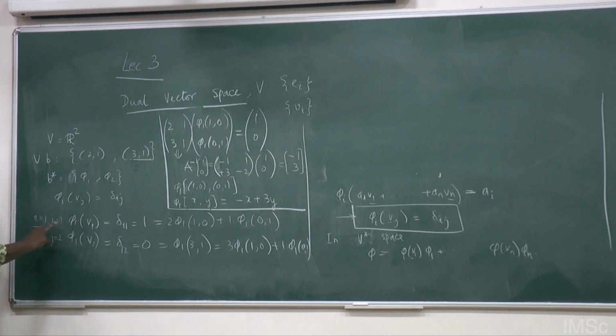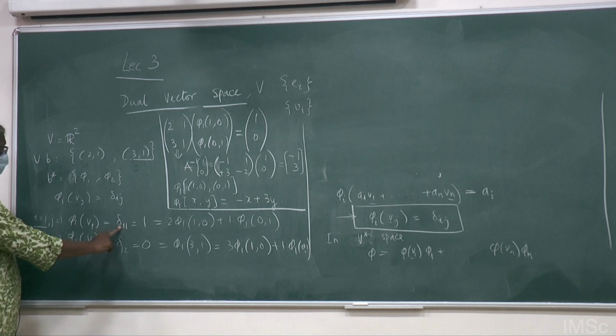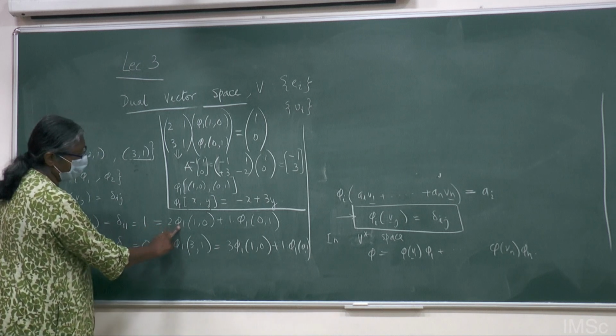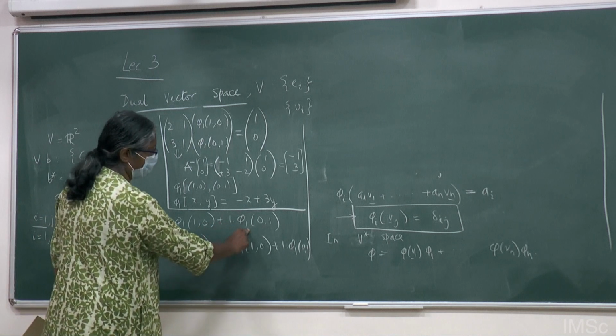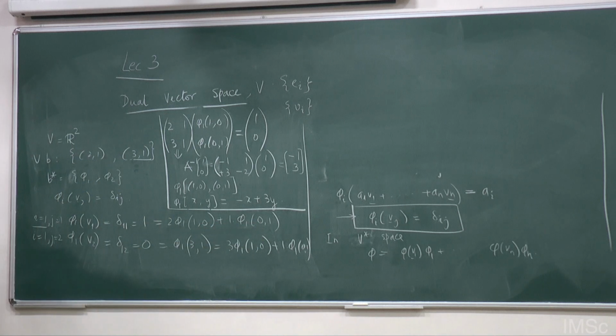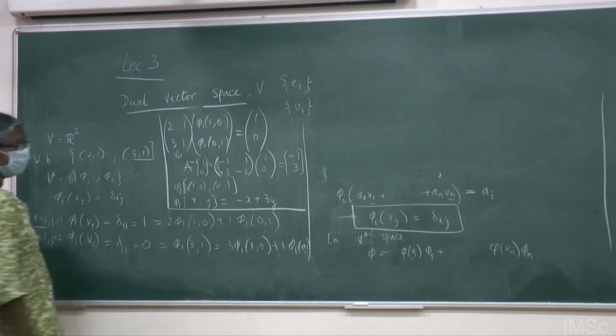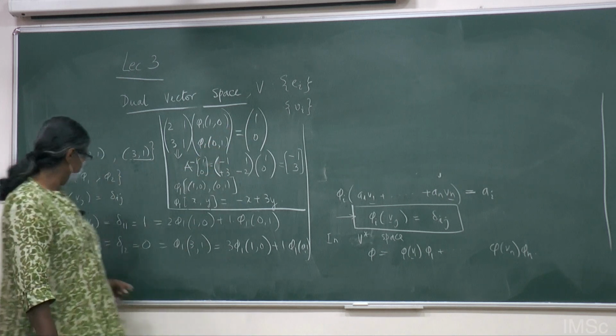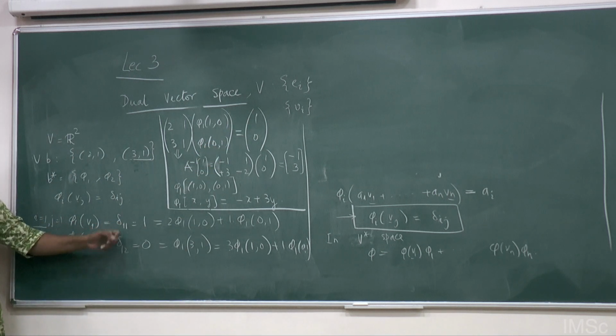I is equal to 2, j is equal to 1. Phi 2 of V1 is delta 2 1, which is 0, which is in fact 2 times phi 2 of 1 0 plus 1 times phi 2 of 0 1. And please continue this. And the matrix that you have to invert is the same matrix, right? Except that instead of having 1 0, you will get 0 1, because you will get delta 1 2 and delta 2 2. So please just follow this and get the answer. And after some 3 minutes, I will write down the answer, okay?